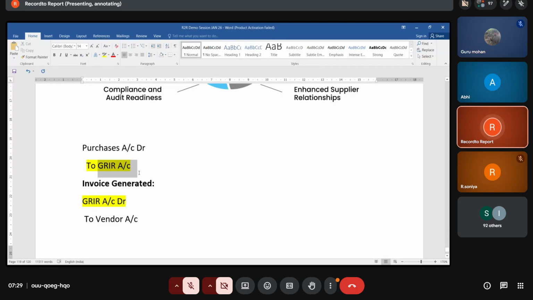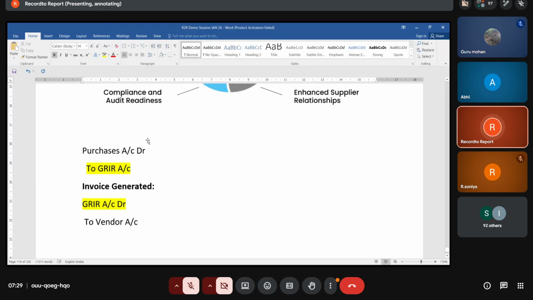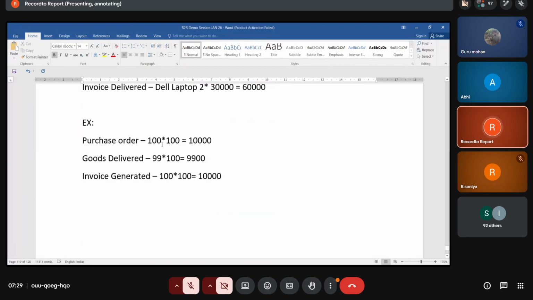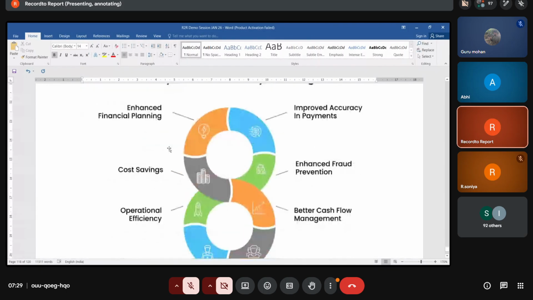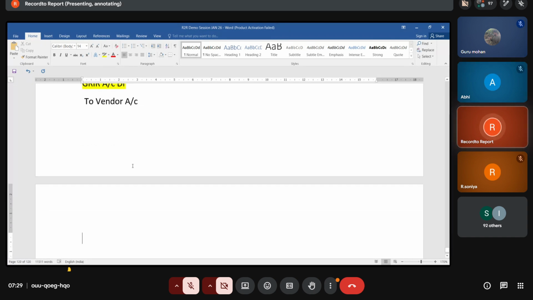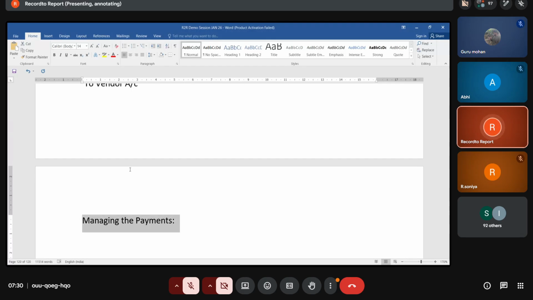Why are we parking these balances? To understand any major differences in purchase order, goods receipt, and invoice receipt. Clear? So next is managing the payments. After identifying that everything is accurate,